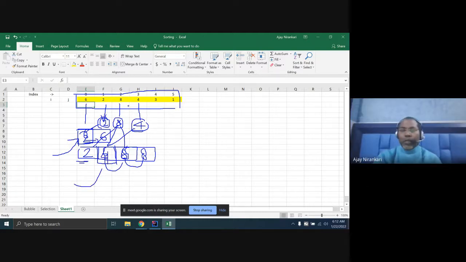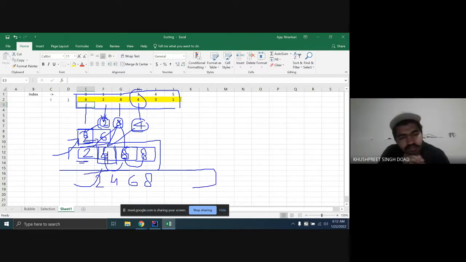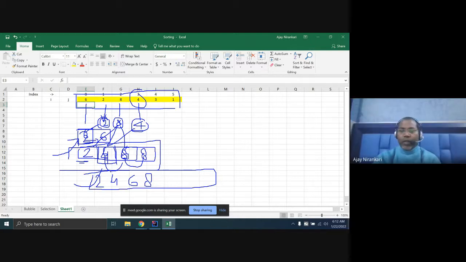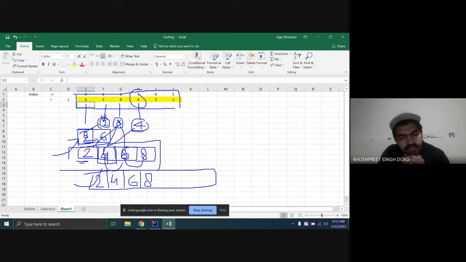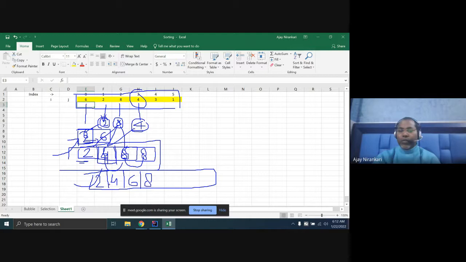That means whenever you take a new element, you have to decide where it will be inserted in the sorted data. You compare with each one, so here it becomes eight, here six, here four, here two. Now this is the array you have got, sorted till now: two, four, six, eight.